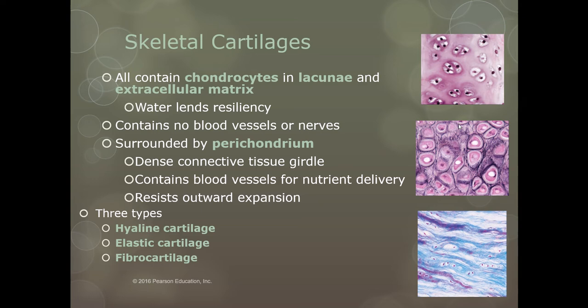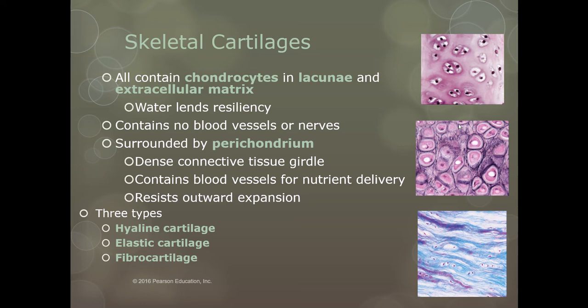So typically cartilaginous tissue doesn't give off a lot of pain signals. Because they lack blood vessels, all of the cartilaginous tissues are surrounded by connective tissue. Essentially it's a capsule that surrounds the cartilaginous tissues called the perichondrium. This is where they get their oxygen and nutrients, because the connective tissue will have blood vessels in it. It also allows the cartilaginous tissues to stay firm in their size and resist expansion. It's one of those things that makes them really good at